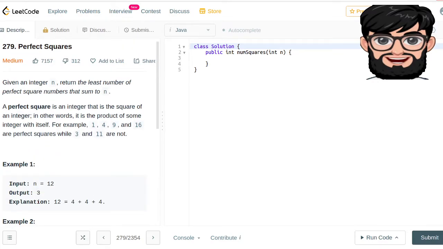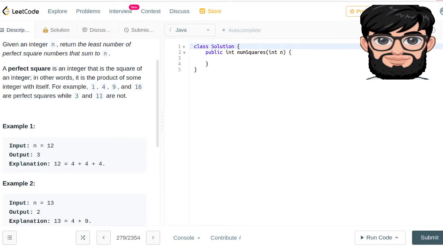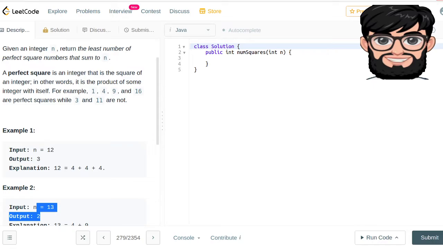So we're going to be doing it using dynamic programming. If you see 1, 4, 9, 16 and similar, we know the answer is going to be 1. And if you see, let's say, 12, the answer is going to be 3, 13, the answer is going to be 2. So we're going to be doing it using dynamic programming, and we're going to have our DP